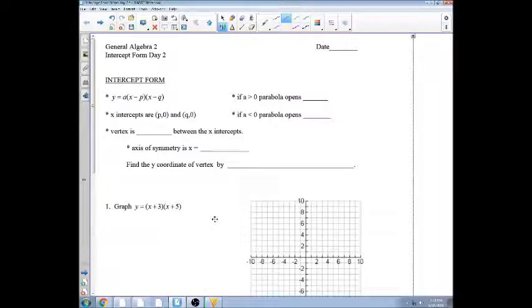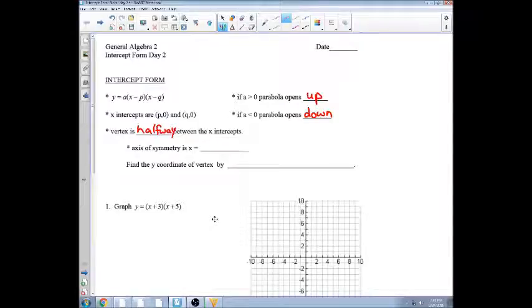Okay, Intercept Form. It is in the form of y equals a times x minus p times x minus q. So in this equation, if a is greater than 0, our parabola opens up. If a is less than 0, our parabola opens down. Remember that our x-intercepts are going to be the opposite of p, comma 0, and the opposite of q, comma 0. The vertex is halfway in between